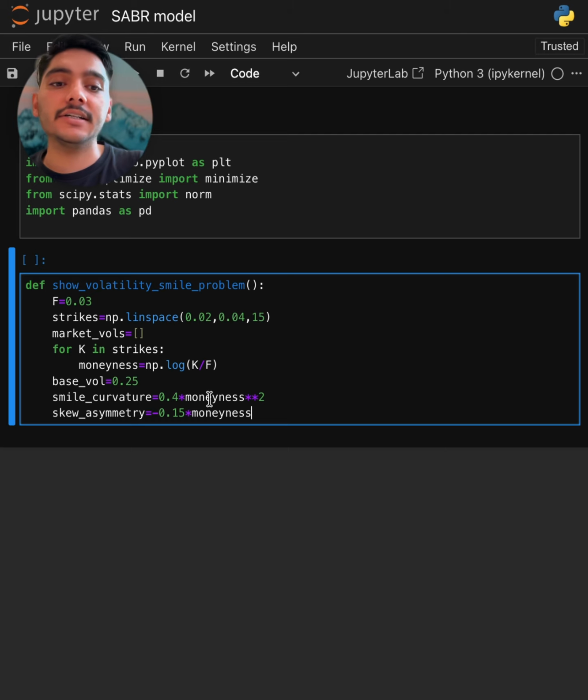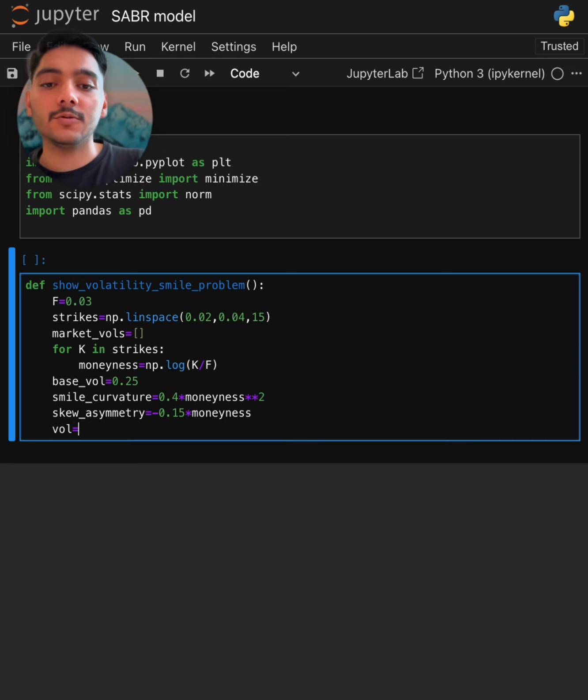The linear term creates the skew, which is negative, meaning in the money is greater than out of the money. So let's take the volatility, which is equal to base volatility plus smile curvature